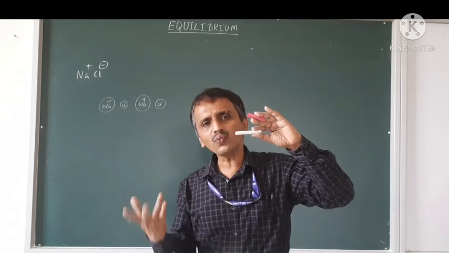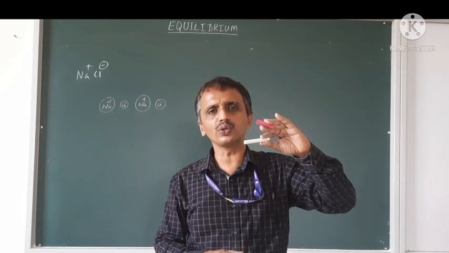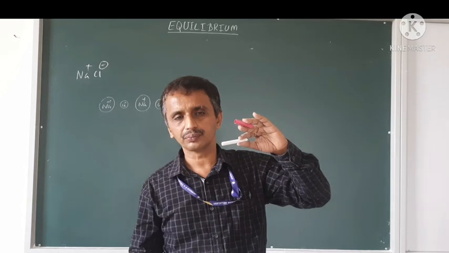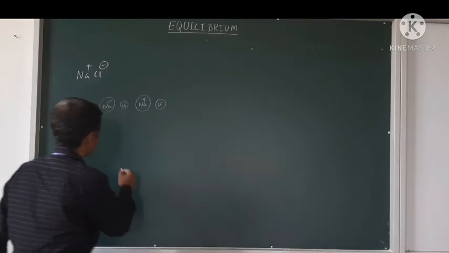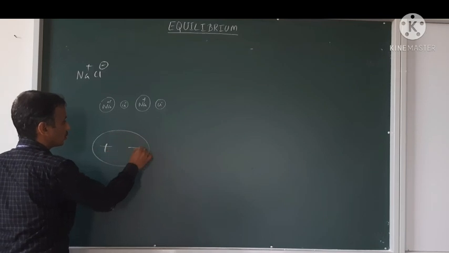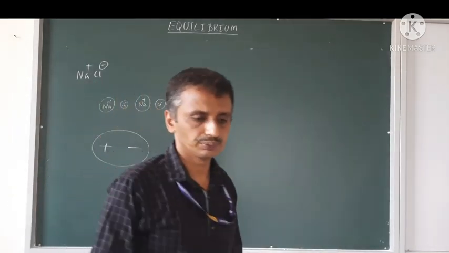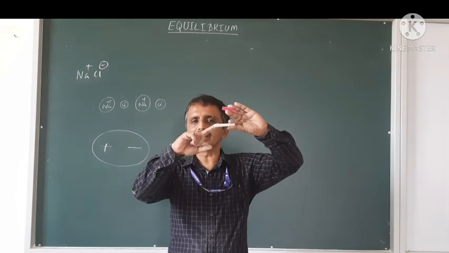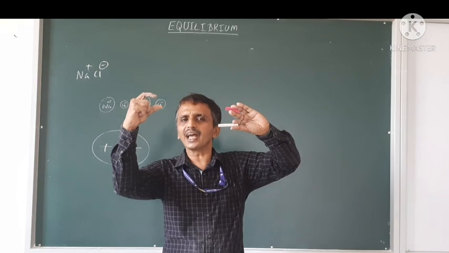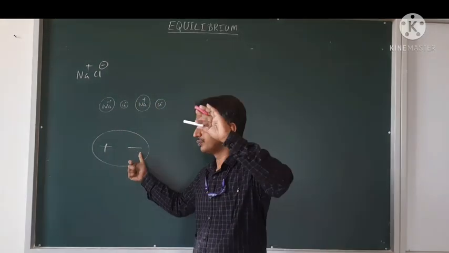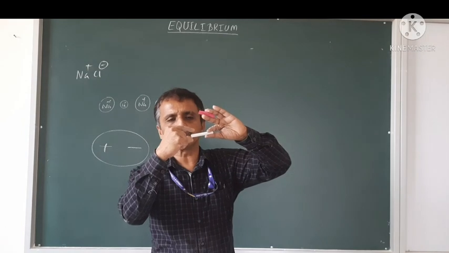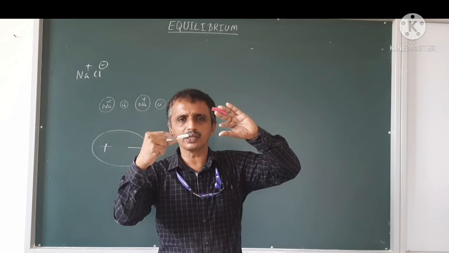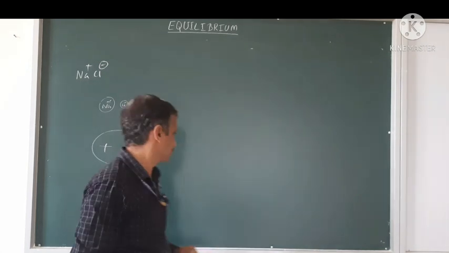Now, when I add the water and make this an aqueous solution, water is polar in nature. Water contains a positive and a negative end. So what does the water do now? See, this is Na+. The negative end of the water, when it approaches this Na+ ion, what does it do? It attracts that ion from the lattice point and makes it free.